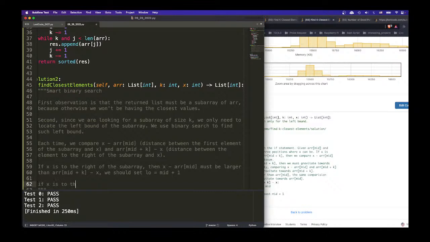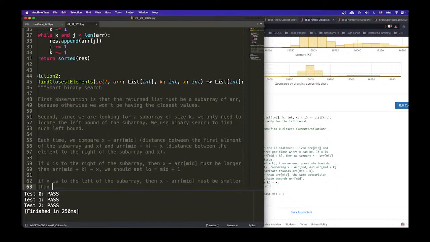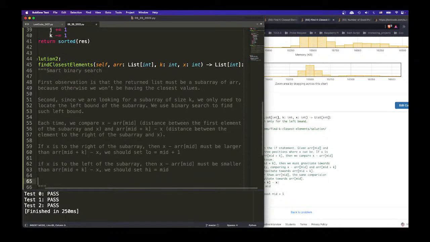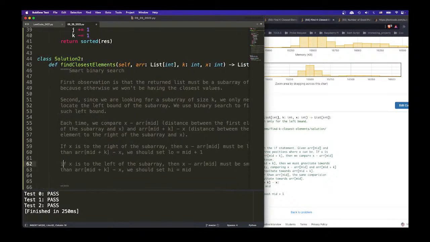If x is to the left of the subarray, then x minus this must be smaller than array mid plus k minus x. We should set high equals mid. If they're the same, now if x is in between, inside the subarray,